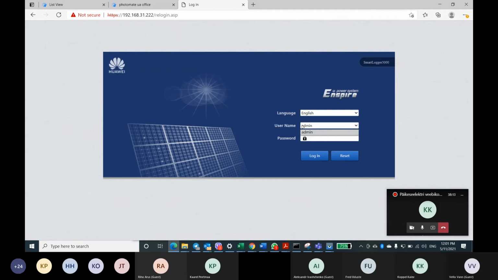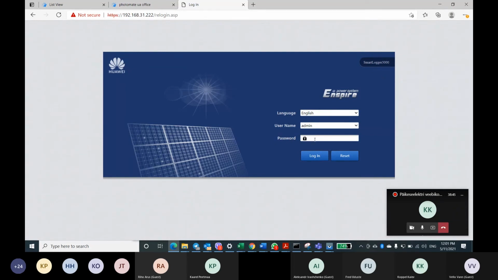The previous version of Smart Logger has three different types of users: common, advanced, and special. We are interested in special, because special allows adjusting the active power regulation. Smart Logger 3000 and later versions have only the admin user, without these three different users, so it's much easier for you to use Smart Logger 3000.